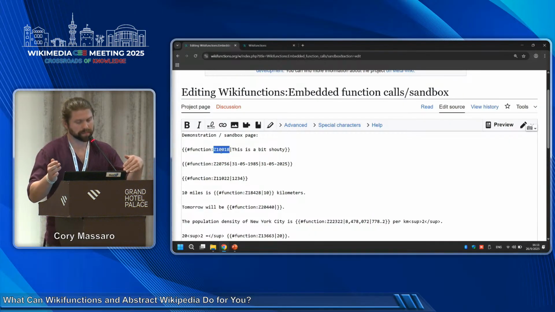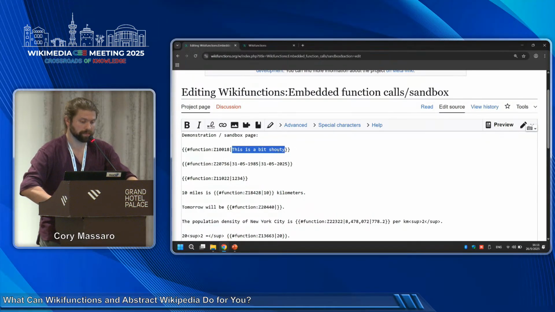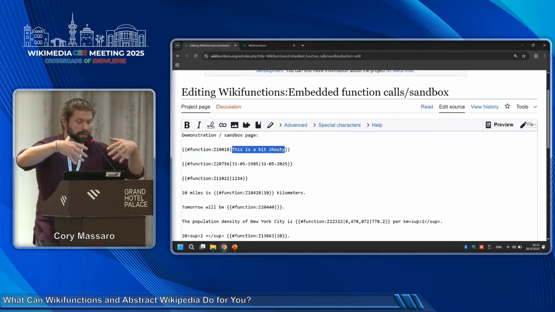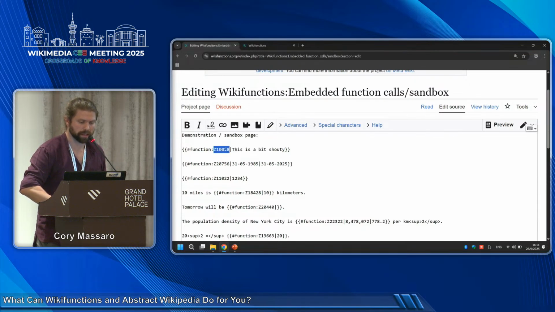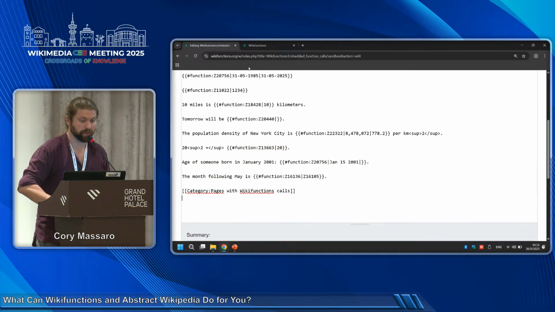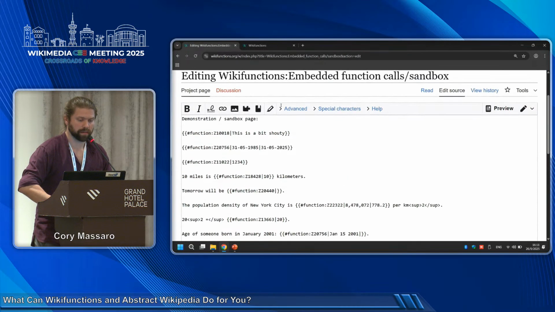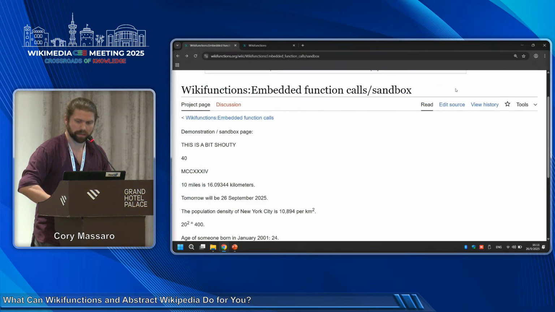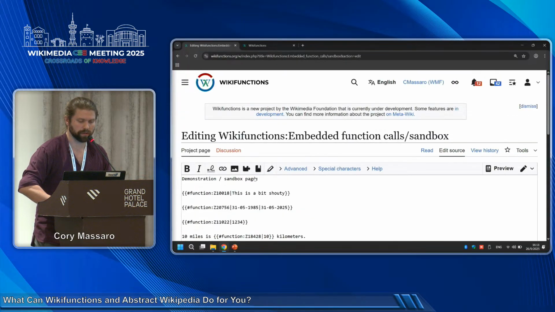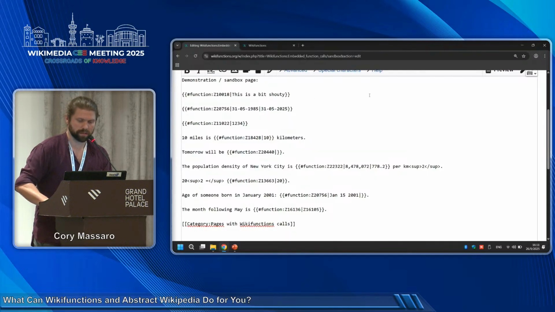These IDs are the unlabeled form. These are just unique IDs that are assigned to every object that gets built on Wiki Functions. And then this is an argument, so these are like the inputs to the function. This Z10018, I happen to know, is the function to capitalize a piece of text. So you saw before it said this is a bit shouty. If I go in and edit the source code, many thanks to my colleagues on the team for building this, we can say,